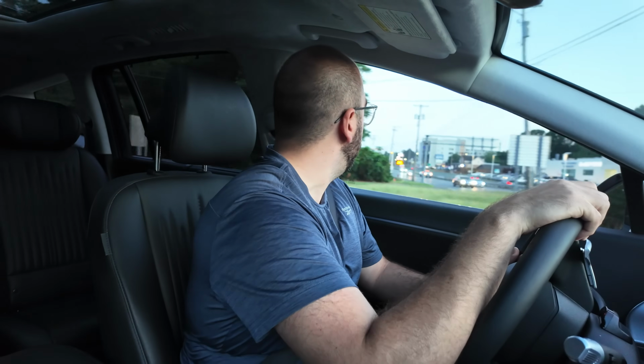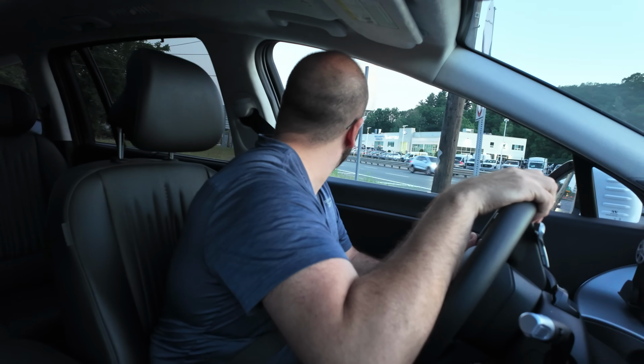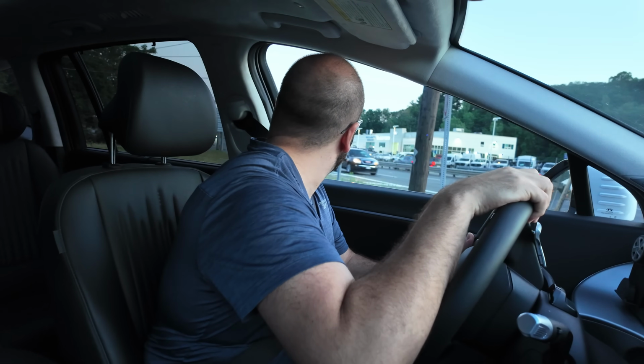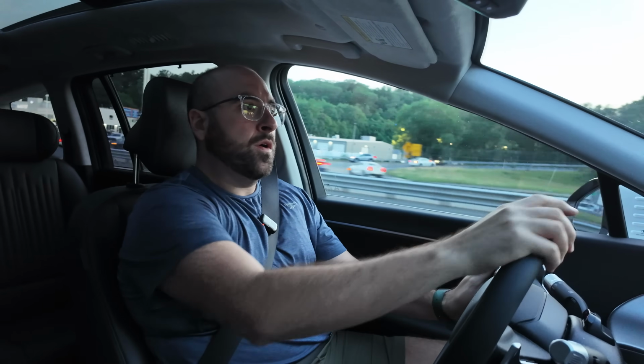But we're getting on the highway here. This is the first time I've taken it out on any real high-speed roads, so we are going to punch it here after these cars drive by and see what this performance version of the Ioniq 9 can do. Oh yeah. Plenty quick. Go back into eco mode